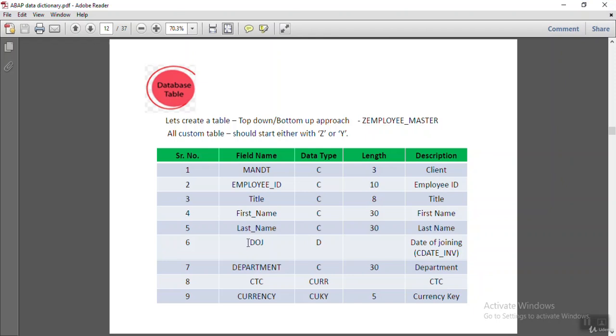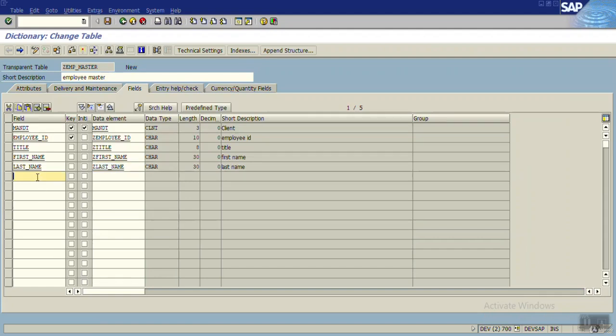Now I'll create a new field as DOJ, that is date of joining. Now here, every time it is not required to create a data element or domain. SAP provides thousands of predefined data elements and domains. We can search for the required one and we can assign the existing instead of creating a new one. So how to search for an existing database field? Here I want a field for the date of joining. So what I will do, here I will press F4